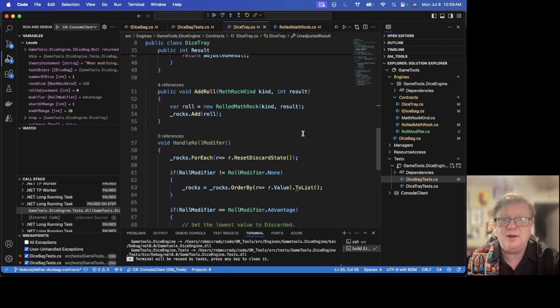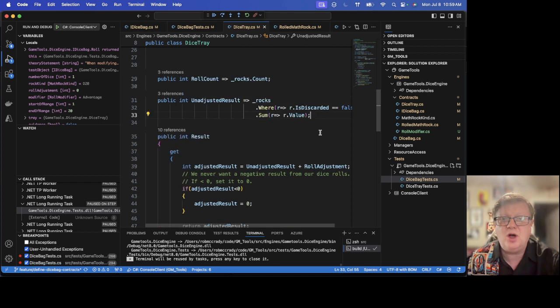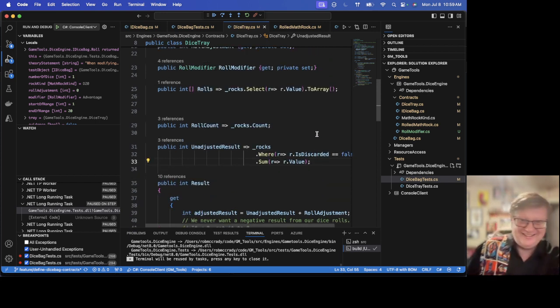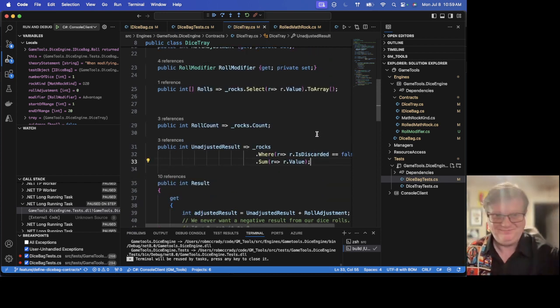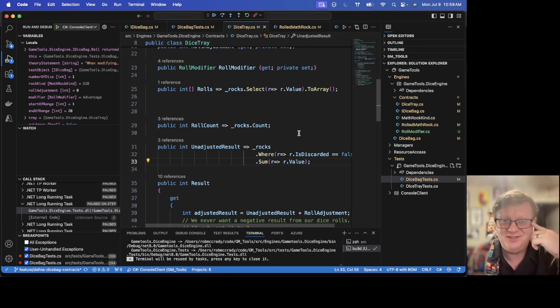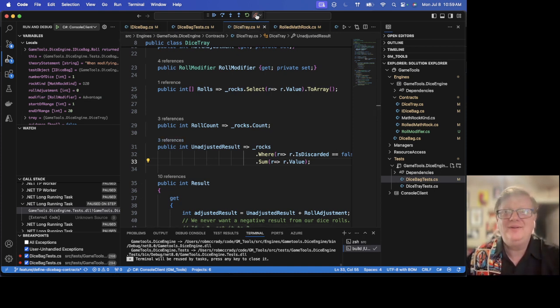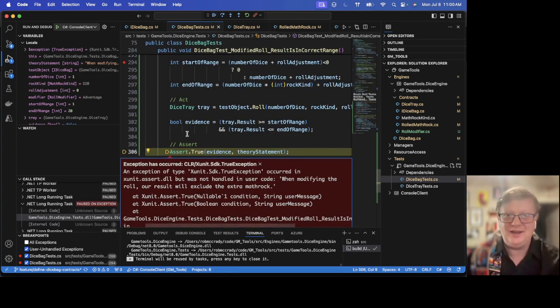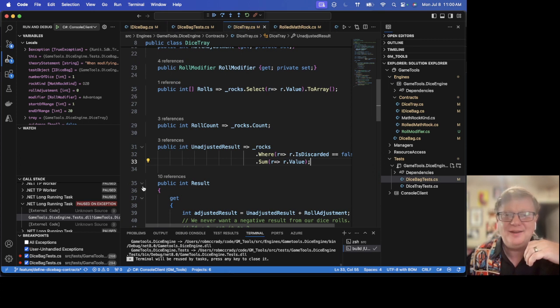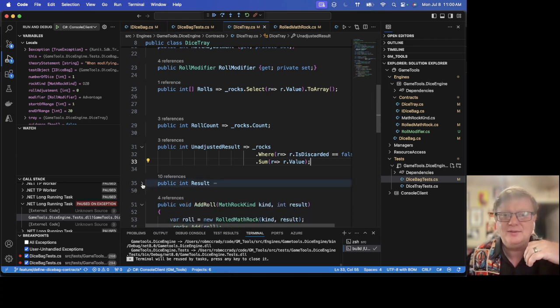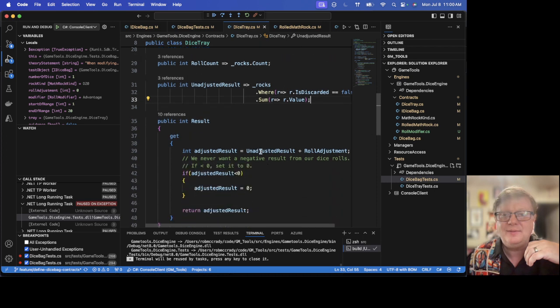Let's go into the DiceTray. Because we haven't handled our roll modifier. We wrote all that code, and we haven't done a darn thing. So we need to stop. Let's just let it roll out through the end. We've got to come over to our DiceTray and incorporate this work